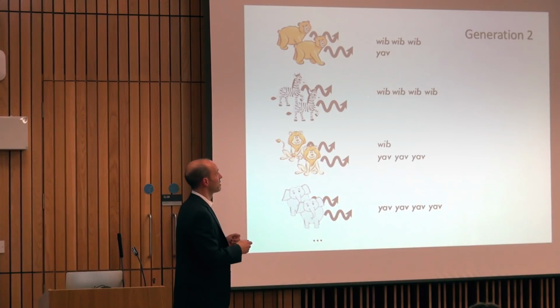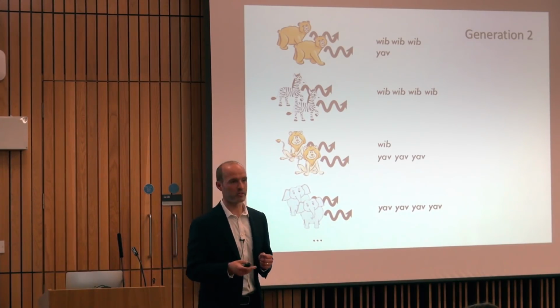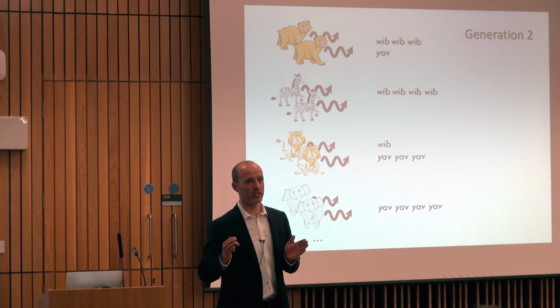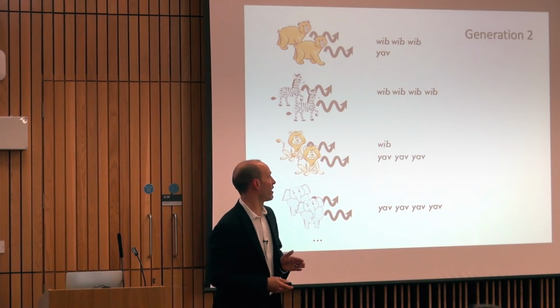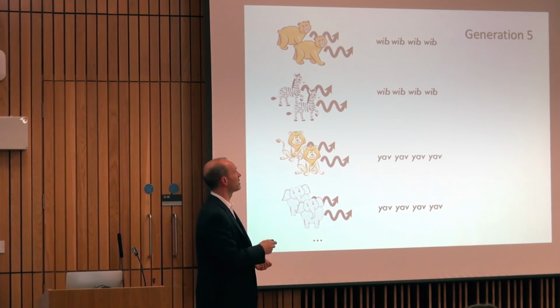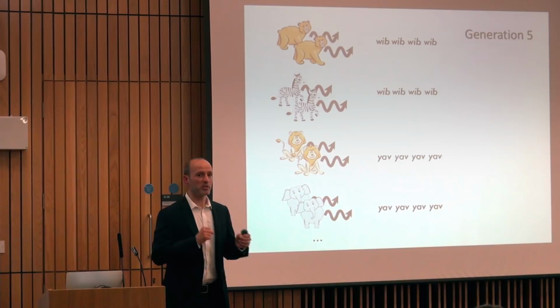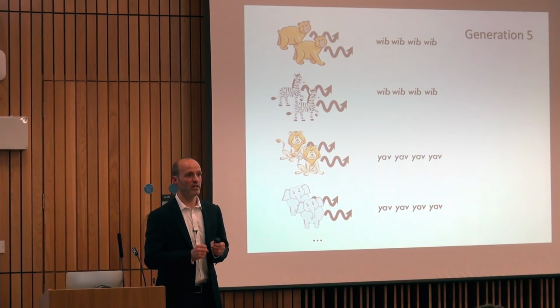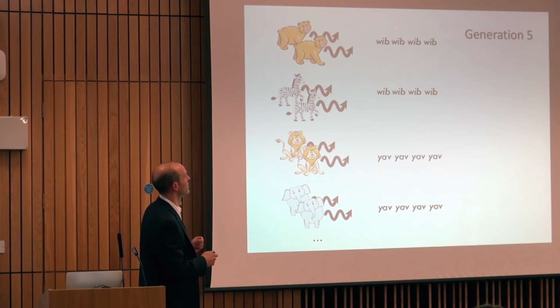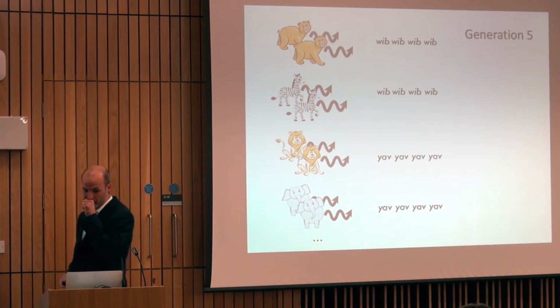And so once this feature develops in a language, it tends to stick around. So we can fast forward and look at what the language looks like after 5 generations of transmission, so after it's been filtered through 5 people's minds. And what you find reliably is that the languages end up looking like this. So you still have 2 ways of marking plurality. You still have YAV and WIB, these 2 nonsense plural markers in play, but which marker you use has become conditioned on the noun you're marking. Some nouns exclusively use WIB to mark plurality, and some exclusively use the other marker, in this case, YAV.